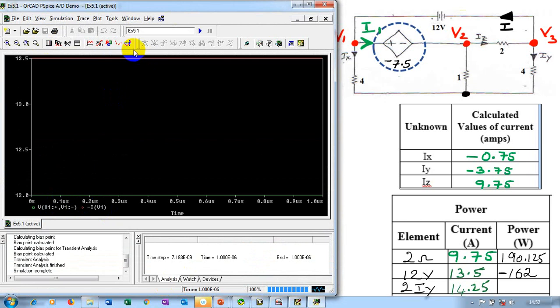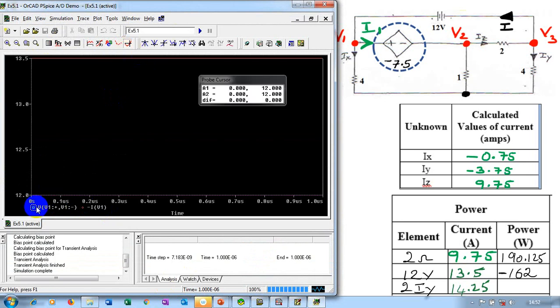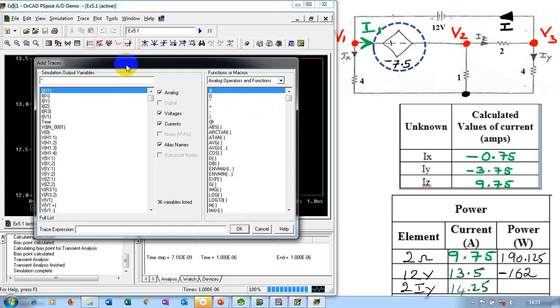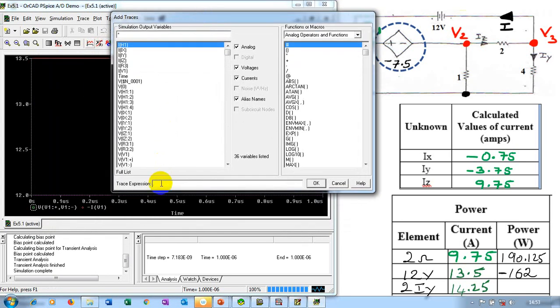Now we are getting voltage separate and current separate. This is the formula for your voltage, and this is the formula for current. As you can see, I'm getting negative. So to find out power, you can click on add trace and type the formula. Voltage